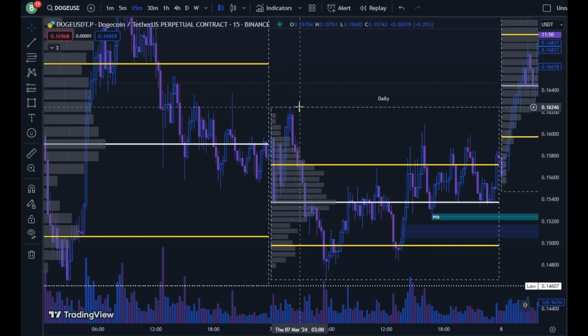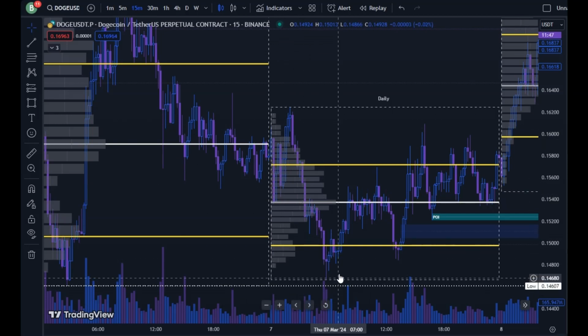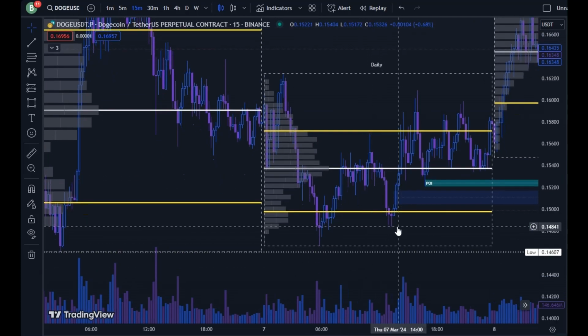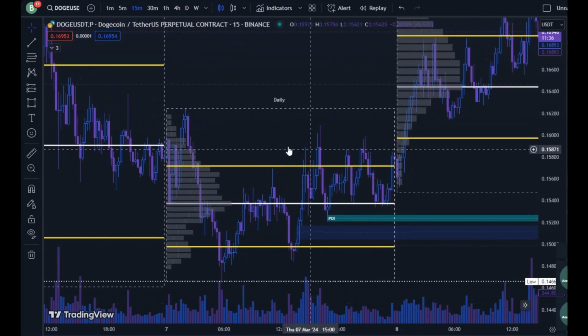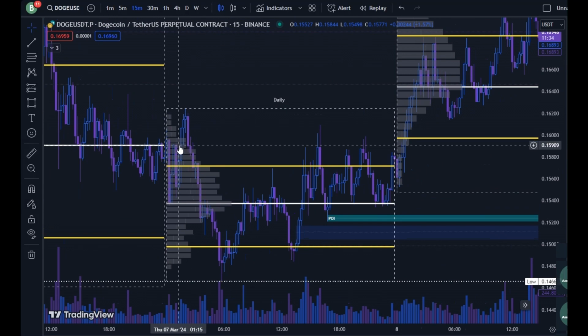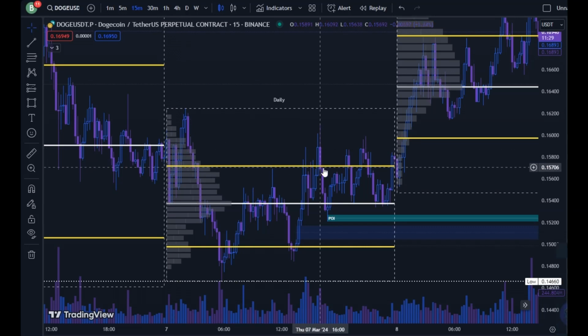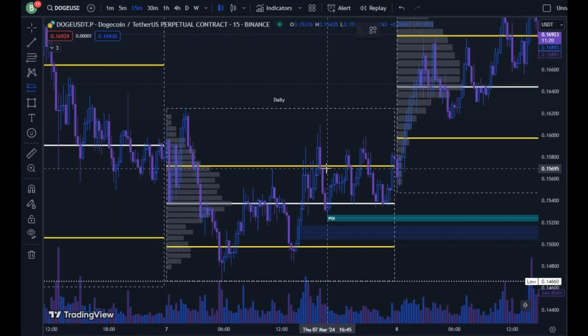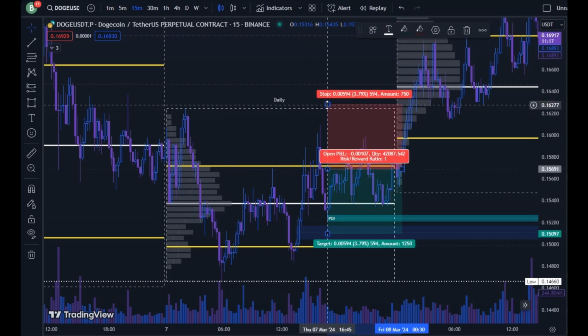Rejected, pumped, rejected, pumped back to the point of control, rejected, back to the point of control, value area low, came back up to the previous day's point of control, which is there. And if we look, we're at the value area high. So if we take a quick short scalp here,